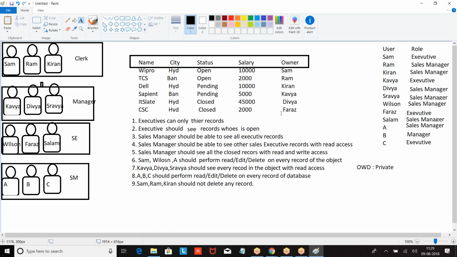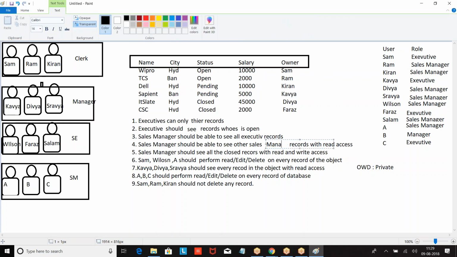Sales manager should be able to see all other sales manager data. How will you see? People who are at the same level cannot see each other's data. I can only see subordinate data. I am a manager, you are a manager. You cannot see my data, I cannot see your data.